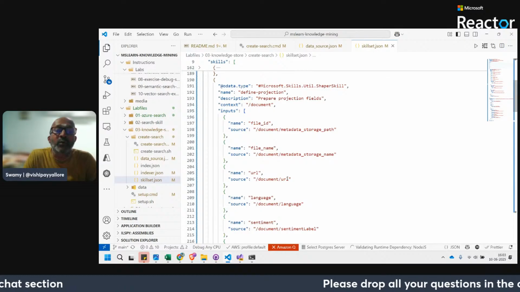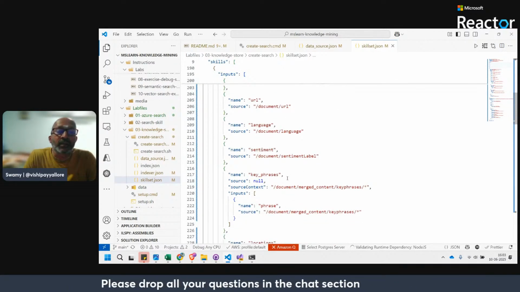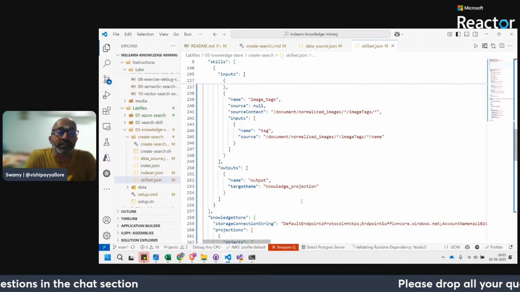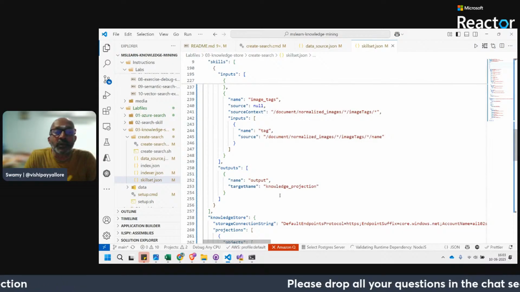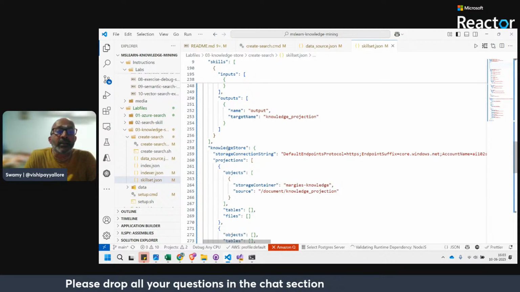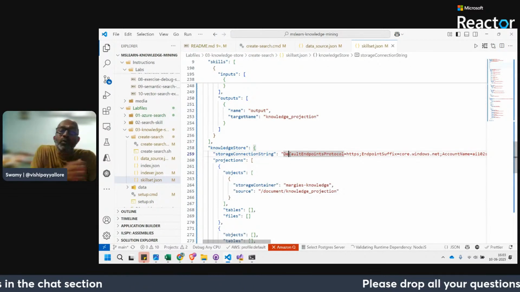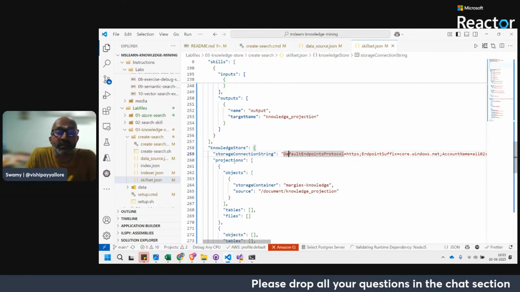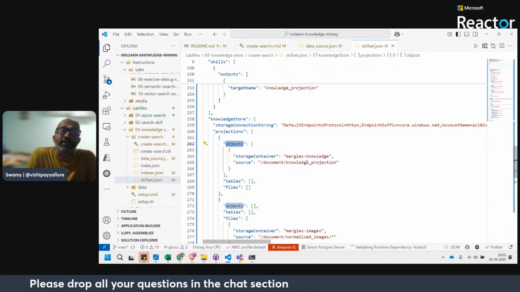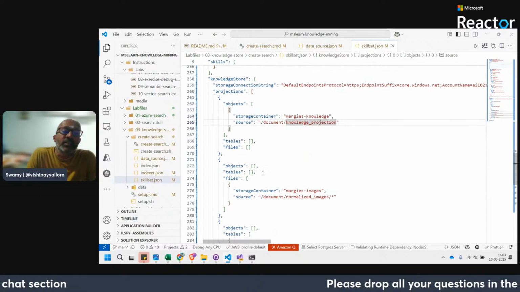So here we are seeing all the things which we want to store: key phrases and everything, locations. We have defined all those things, and we said to put them in these knowledge projections. In the knowledge store we are defining the storage account key, and in the projections we are saying that all the JSONs should be stored inside the container named margis knowledge.